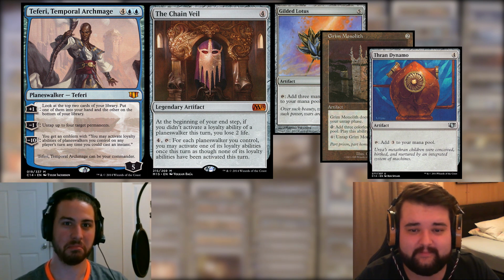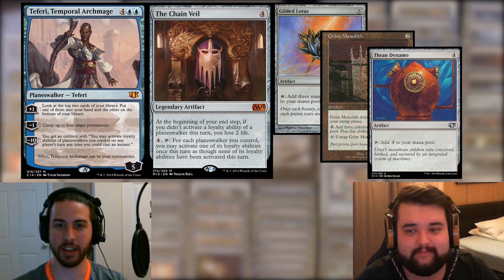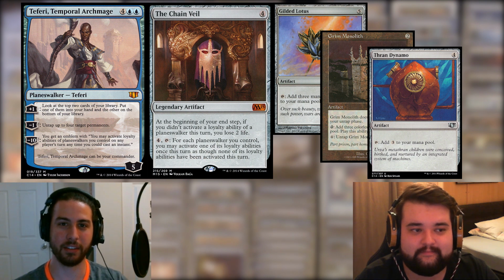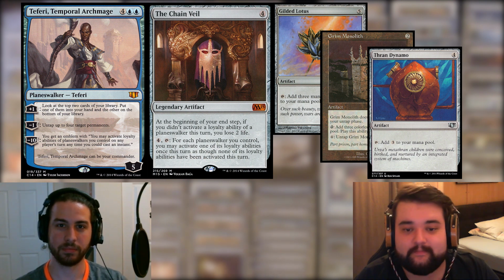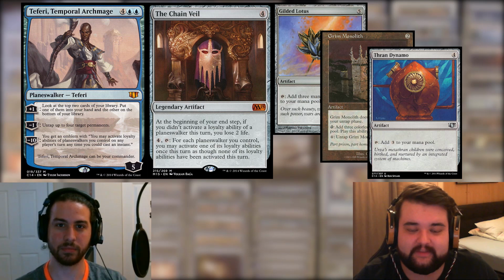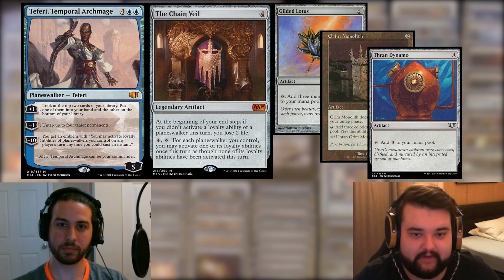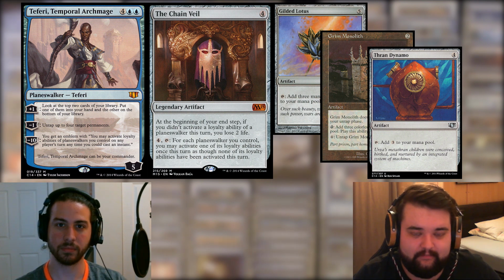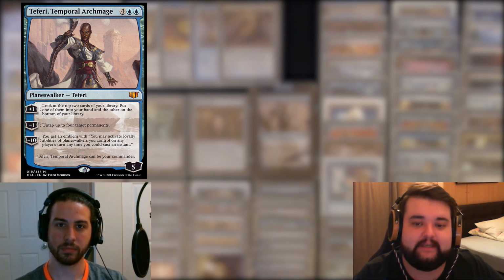So if maybe Teferi's not sticking, or if there's like a Pithing Needle out or something, do you have any other outs if you just cannot get Teferi to activate? Sure. So let's assume that going off with Teferi and the Chain Veil is just impossible in this game. Another way we can win is